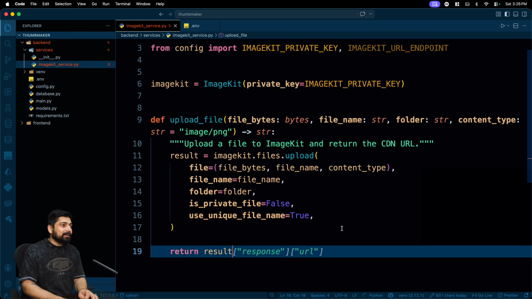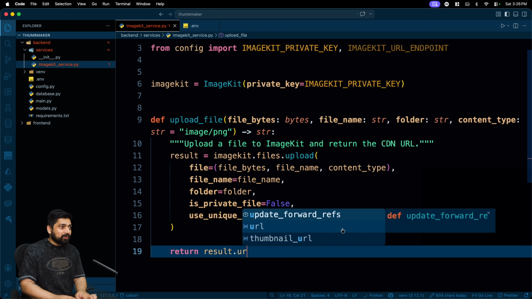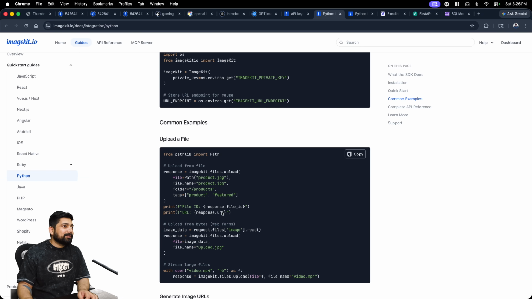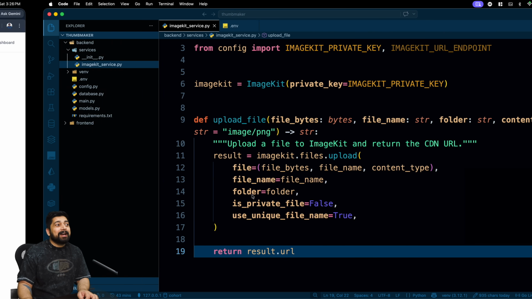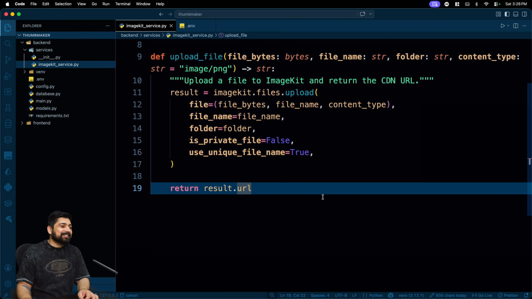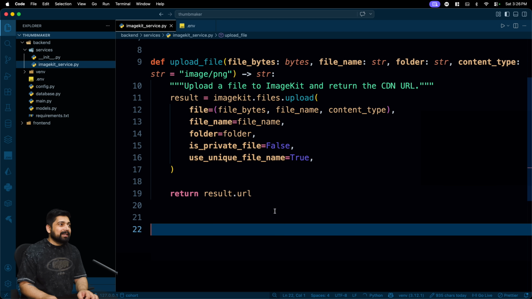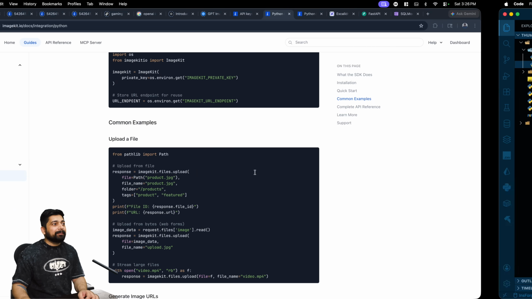No, not like that. This was an old method. I can just go ahead and say dot URL. That's it. And if you notice here, this is what we have, the response URL. So still you have to go through with the docs, but AI helped me to reduce my typing. That's all. Now we'll also create one more folder because Imagekit has this superpower of transforming any of the file